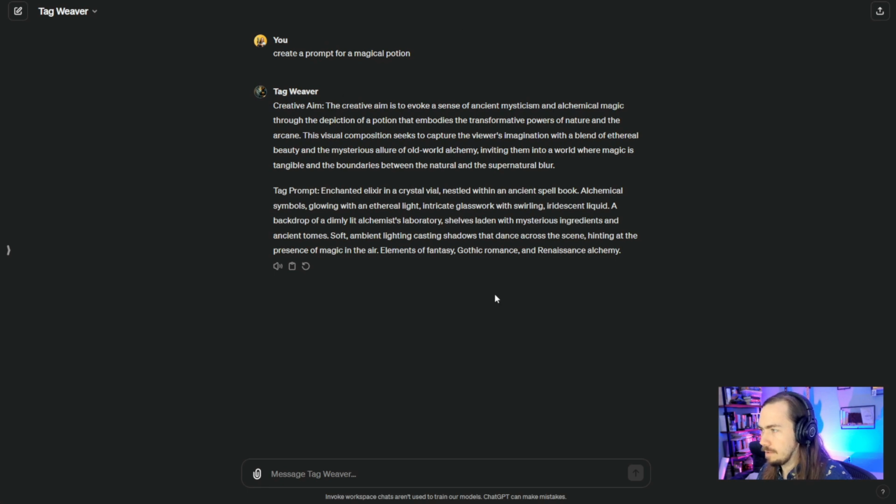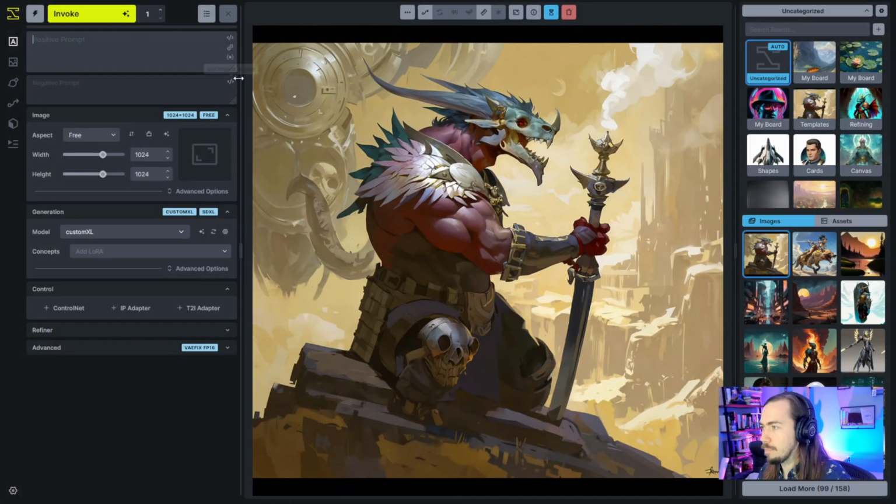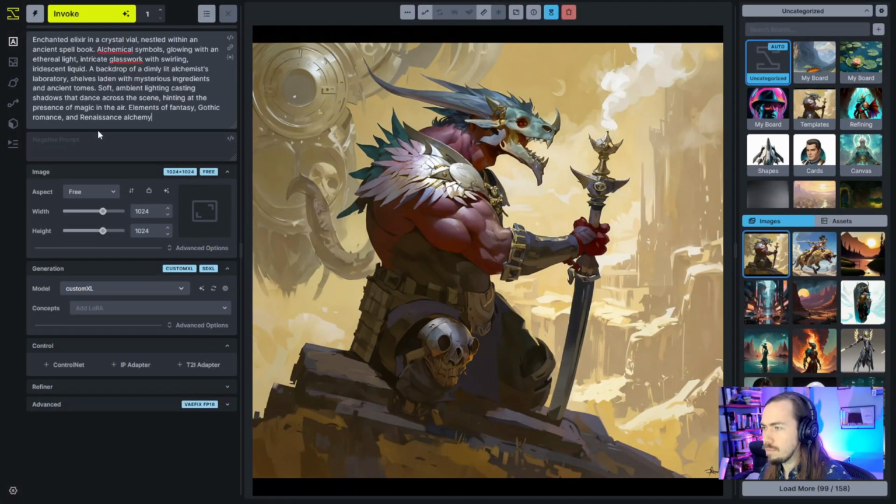In this case, I just asked for a magical potion, and I've got this long prompt here, all of which I'm not going to use. Basically, we'll walk through what it all does, and maybe explore that a little bit. But I'm going to take it, I'm going to paste it in. I'll do my generic